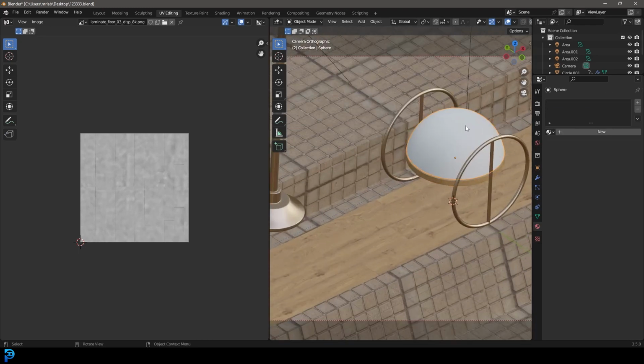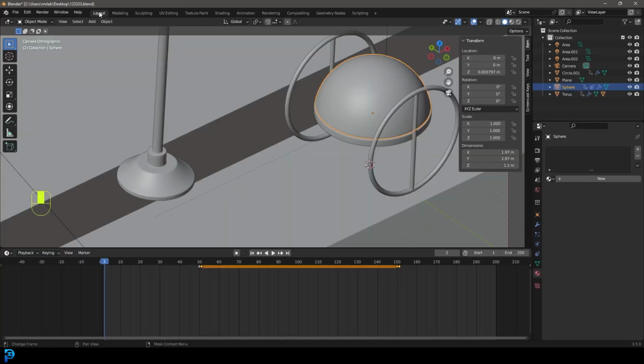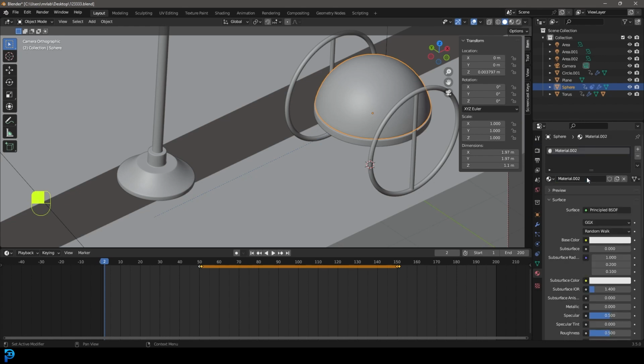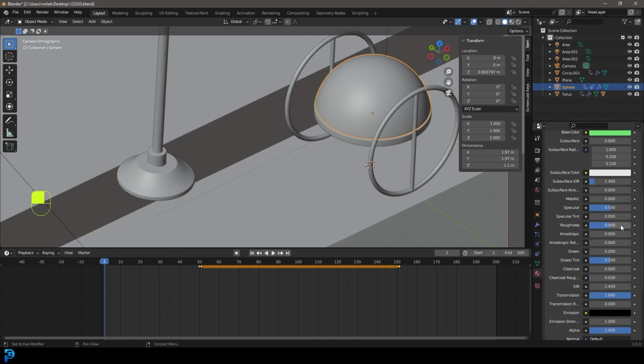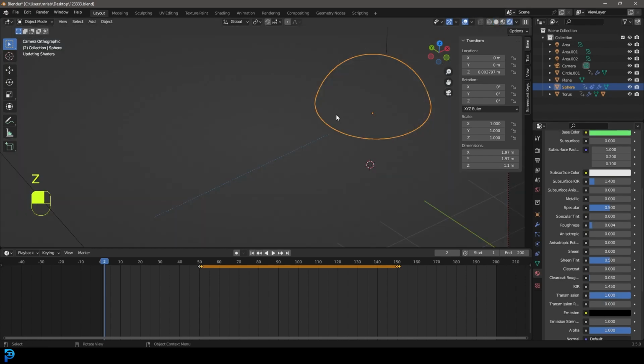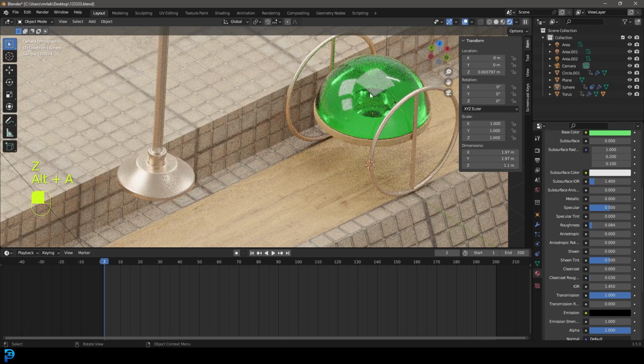And then let's grab this semi-sphere here. Going to go back to my layout. Let's go New, and let's just give it kind of like a greenish color. Let's give it some transmission, and let's bring down that roughness. And now if we go Z and we go Rendered, we can see we have this kind of nice glass looking material,